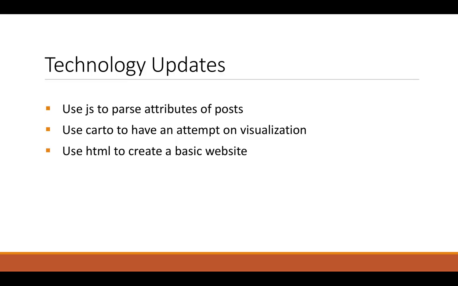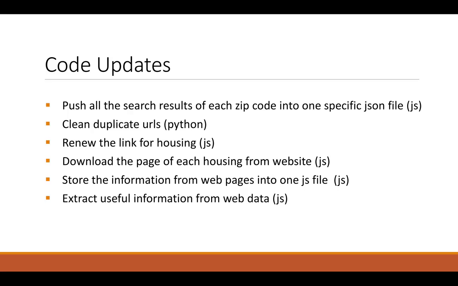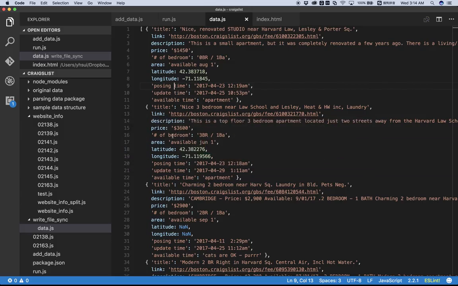As for the technology we used this time, we use JavaScript to parse attributes of posts, and then use Carto to make an attempt at visualization, and also use HTML to create a basic website, which will be shown in the demo. For the code updates, we wrote a lot of functions to fulfill our mission. The first is to pull out the search results of each zip code into one specific JSON file. I could show you